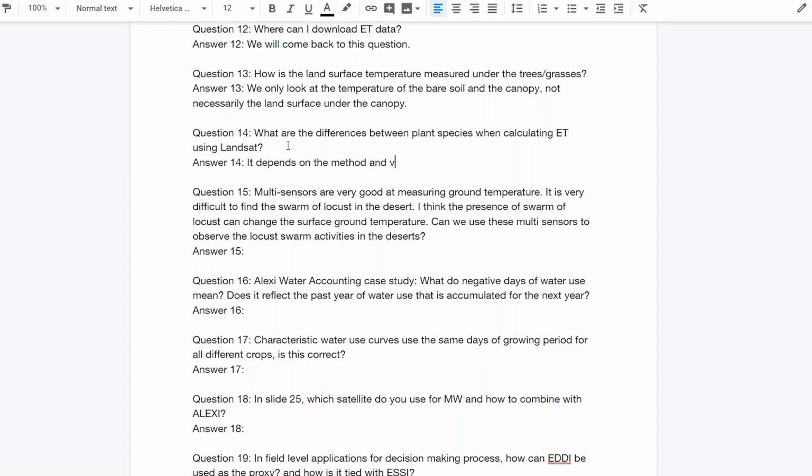A lot of methods use some estimate of leaf area index or the fraction of green leaf in a given pixel. When we run these on a more regional, continental or global scale, we have to make some assumptions where we don't have a lot of detailed information